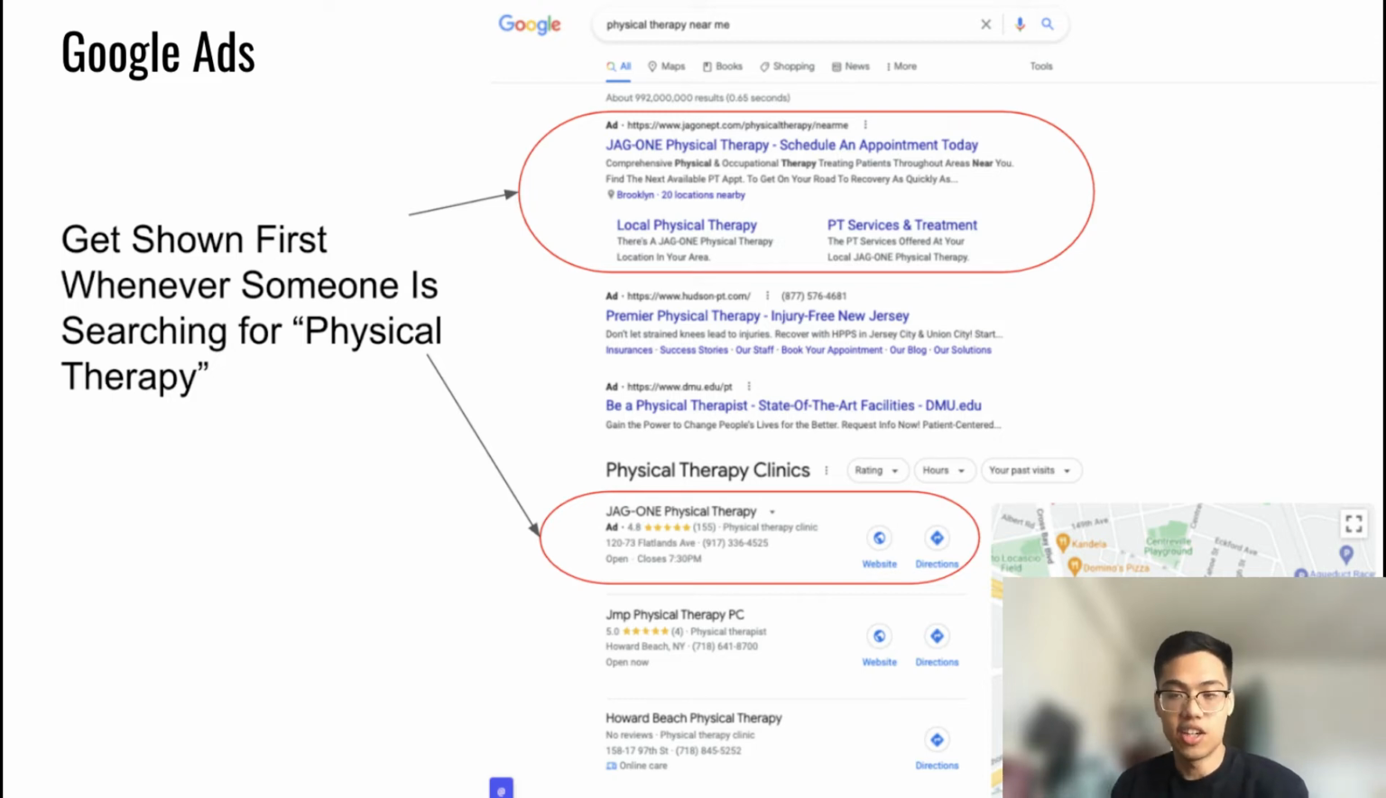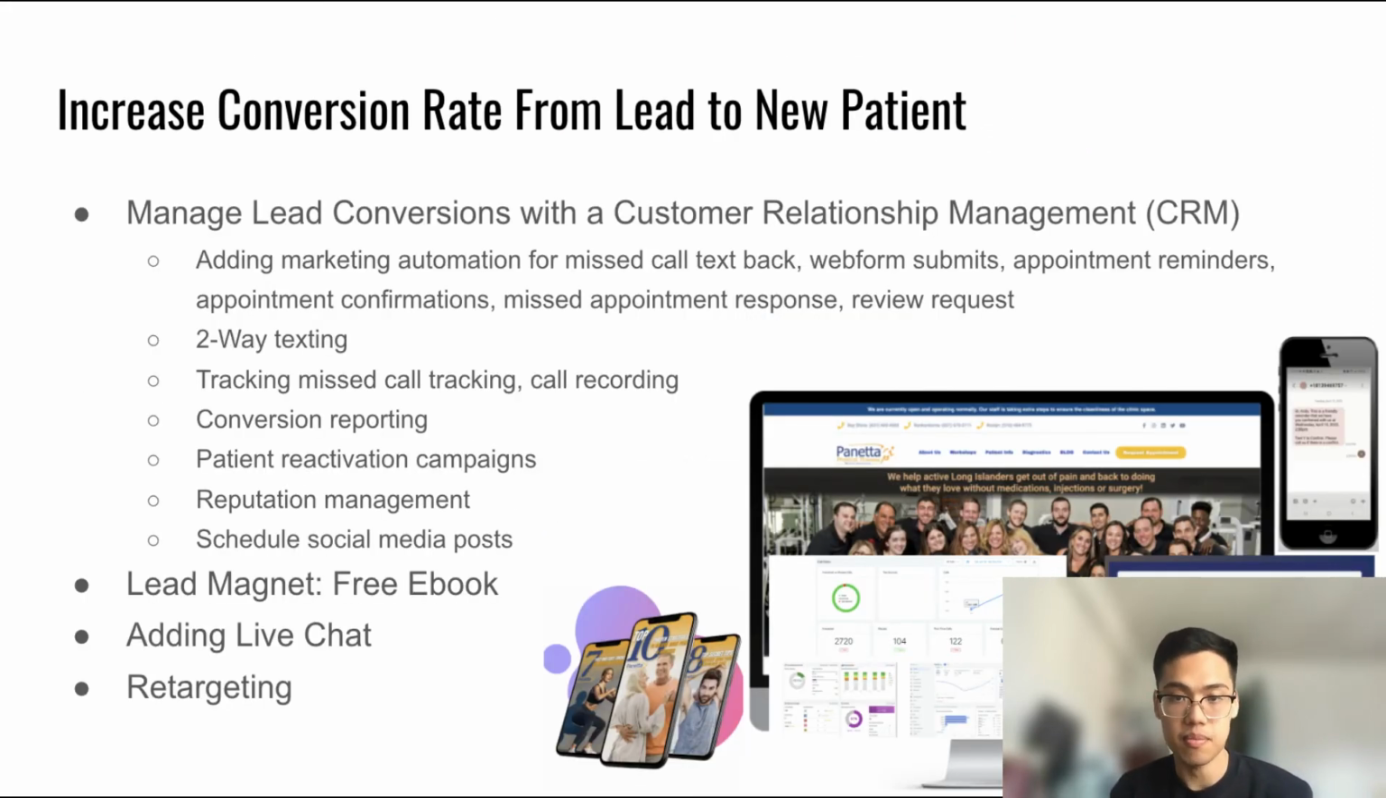So now let's talk about ways to increase your conversion rates from people that visit your website to new leads, them giving in their information and asking for more from you. So let's talk about a customer relationship management software that we use. So something like this, a